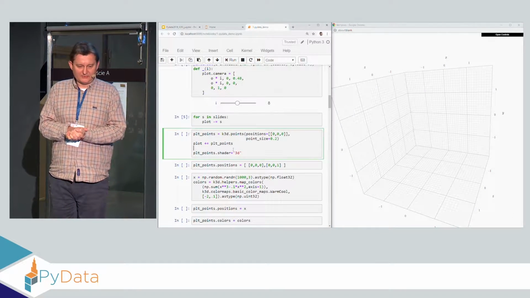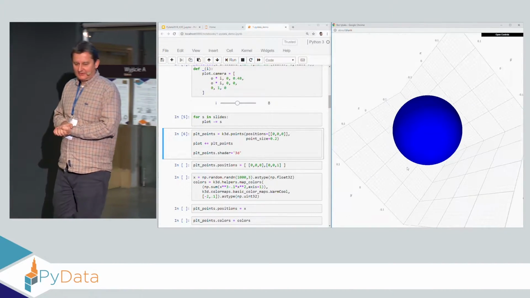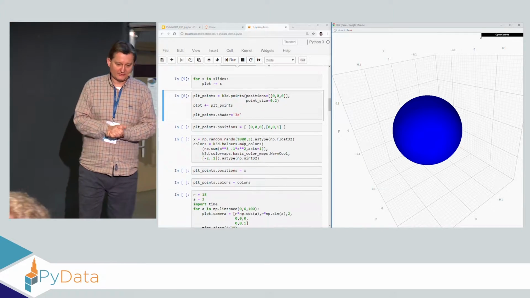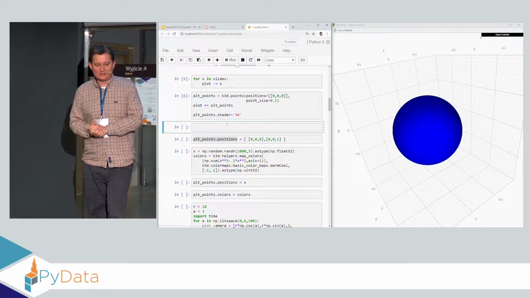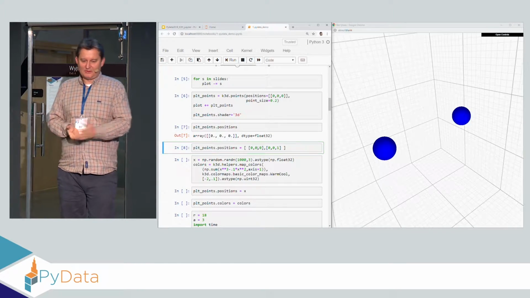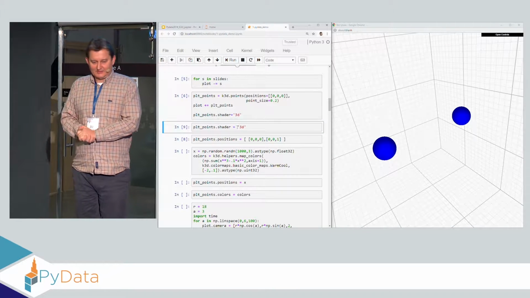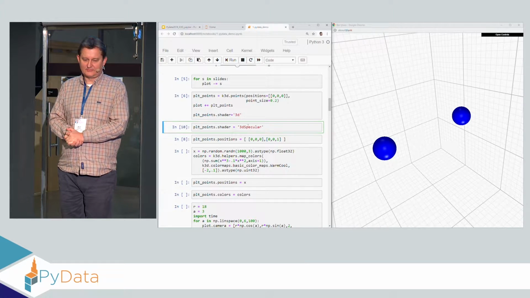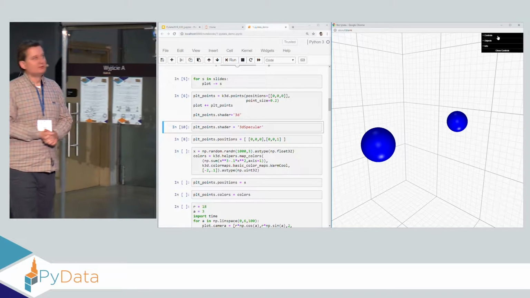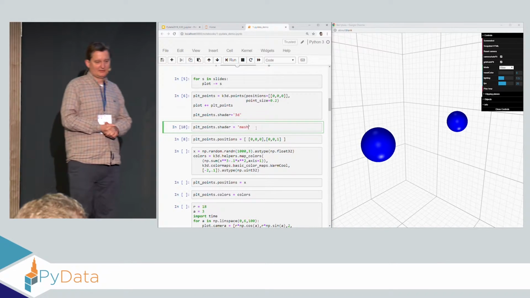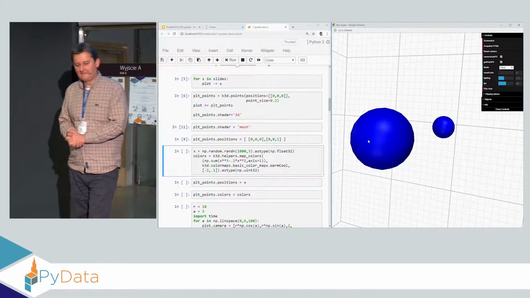Okay, so let's plot a point first. This is a point, simply speaking. It is represented by a pixel shader, which is making those nice shiny features. We can change the pixel shader. So this is one point of data. We can make two points, of course. We can change this pixel shader to, for example, have some reflections. And we can change this pixel shader to a mesh, and we can draw those spheres as a proper mesh. Now they are not so nice because you can see triangles, but they are precise.